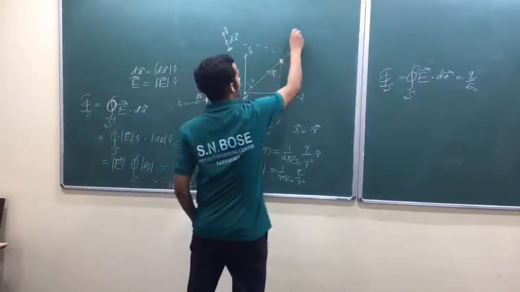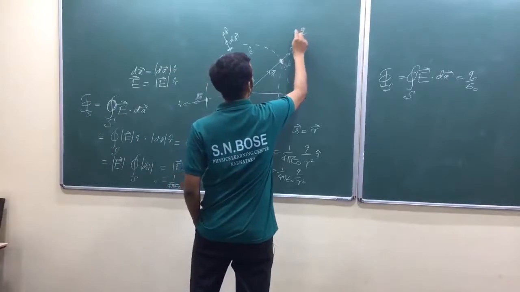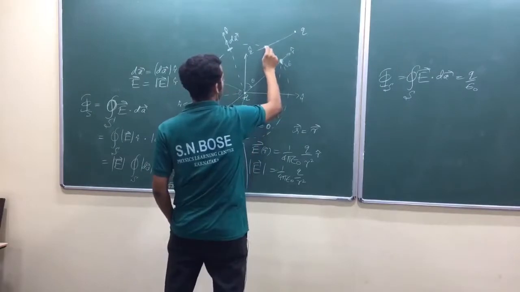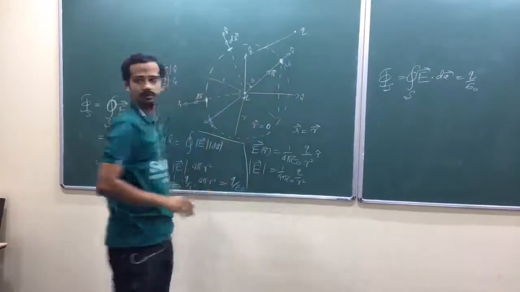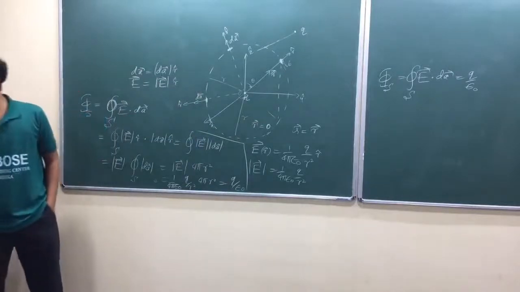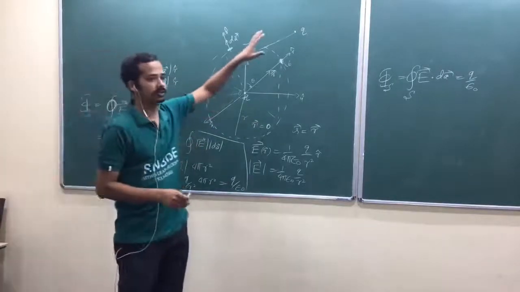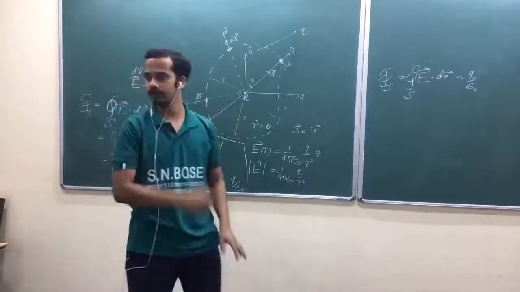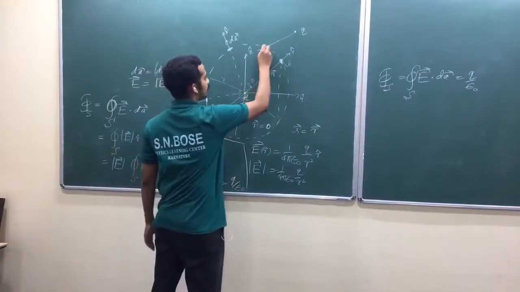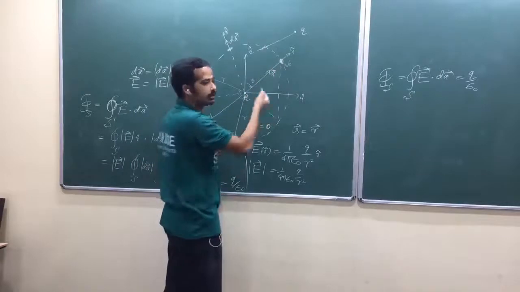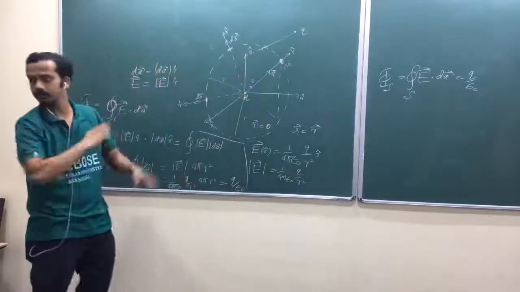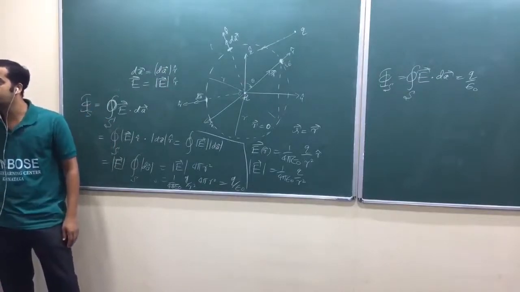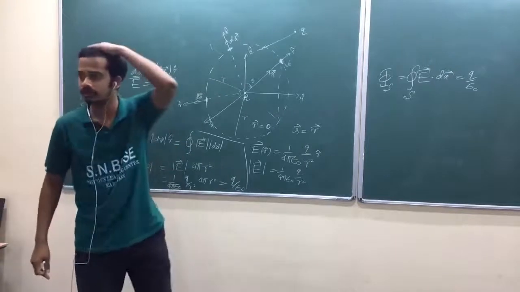If you have a charge outside, then due to this one, the electric field line will come in at one point and go away from another part of the surface. This incoming will introduce a kind of negative flux, and the outgoing will introduce a kind of positive flux. Those are equal. Again, on the surface itself, you can't talk about it.